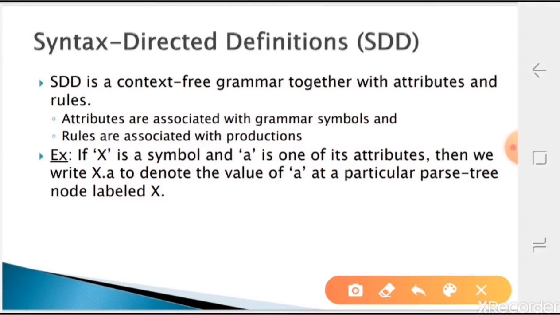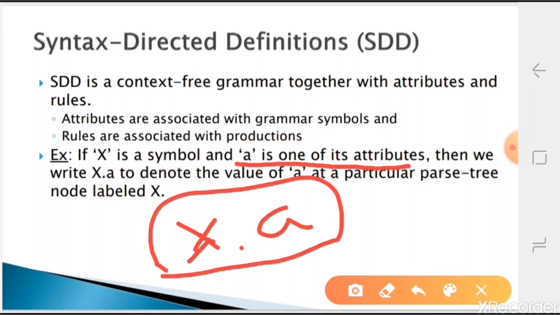For example, if I have X as a grammar symbol and a as one of its attributes, then in the parse tree, wherever I use X, in place of that X I can write X.a as an attribute.